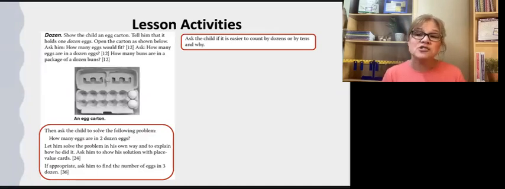For example, if you say, how many eggs are in 2 dozen? Your child might answer 22. Well, what does that tell you? Well, it tells you that they've calculated the tens, but they've only calculated in one of those ones places, right? So they're almost there. The clue for you is they're really, really close to calculating this amount.